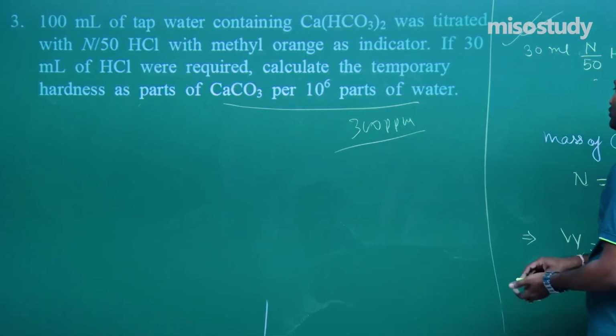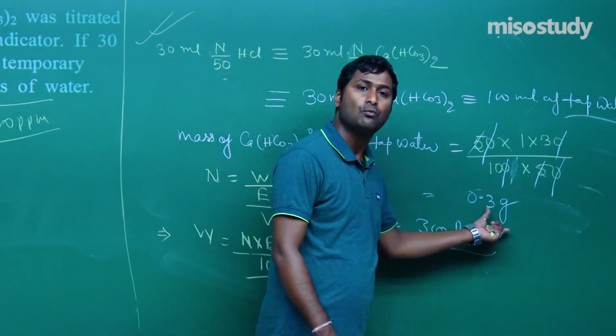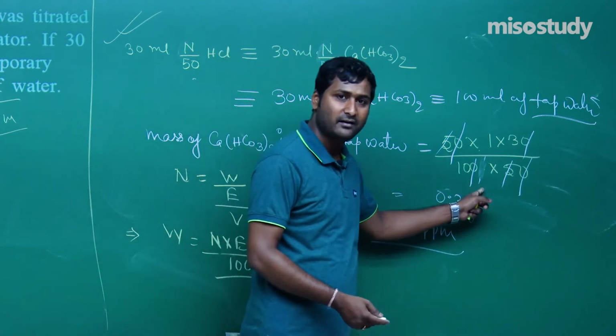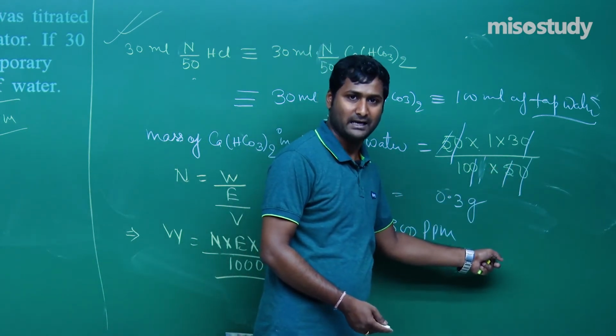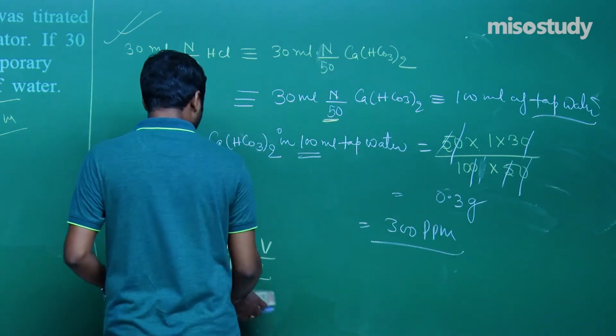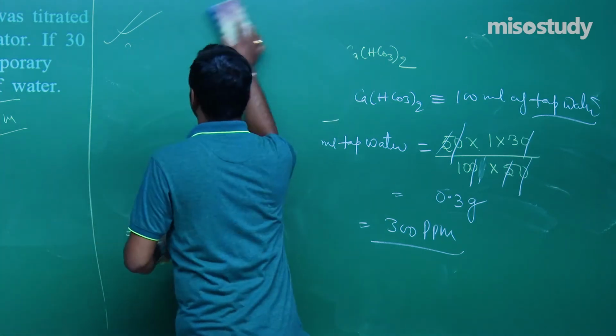One more thing I am going to mention here. If I take here 1000 ml, you can take, but here you have to modify the answer. So due to convenience, I have taken 100 so that you can easily get the answer. Clear, friend? Now I am going to rub this part and we'll discuss the next one.